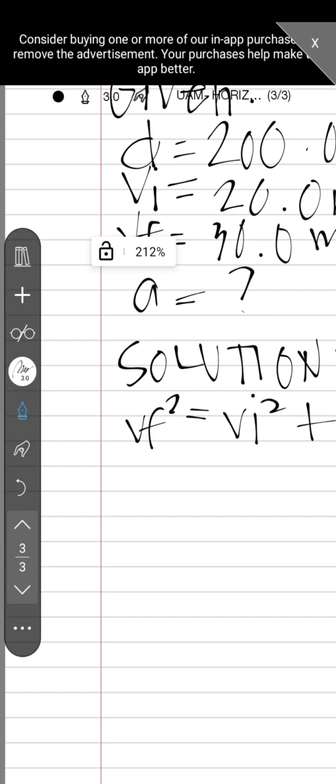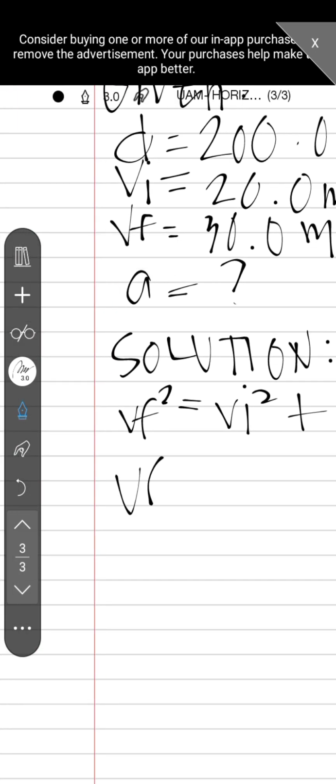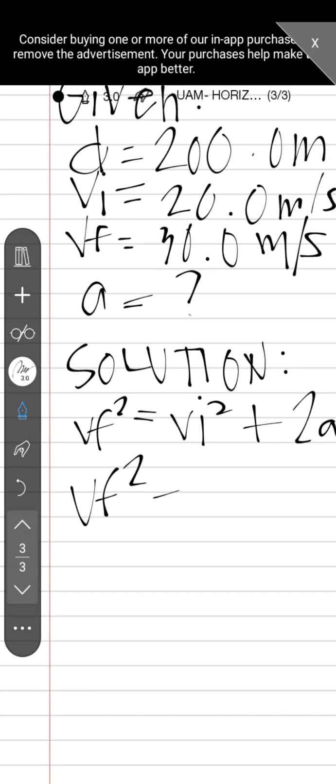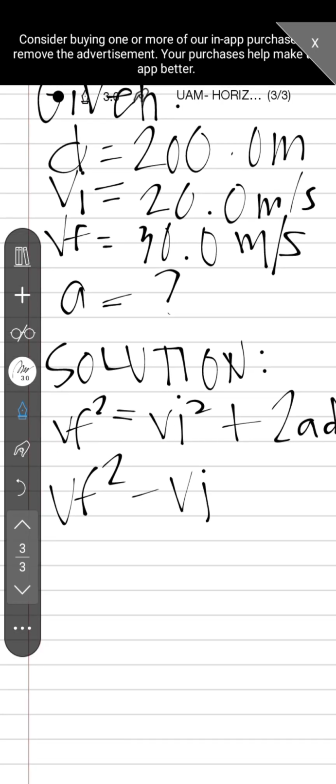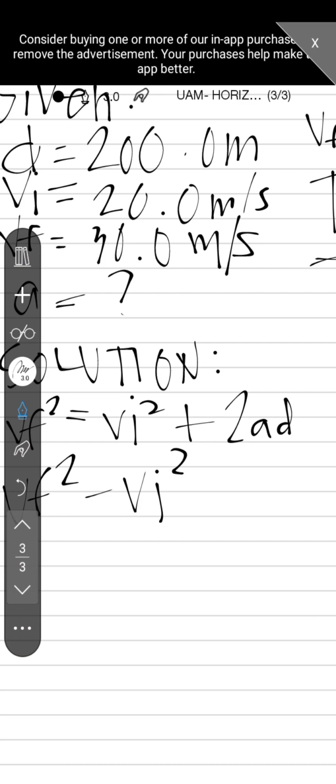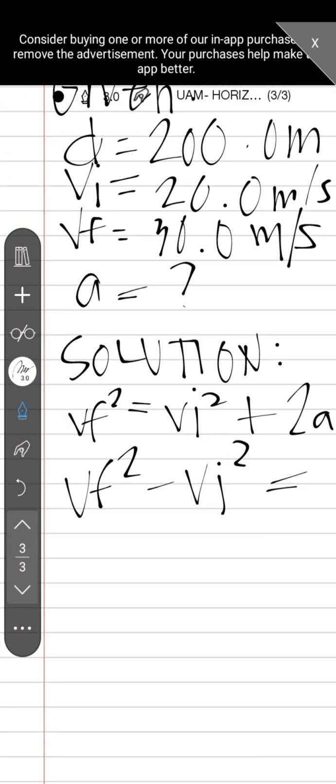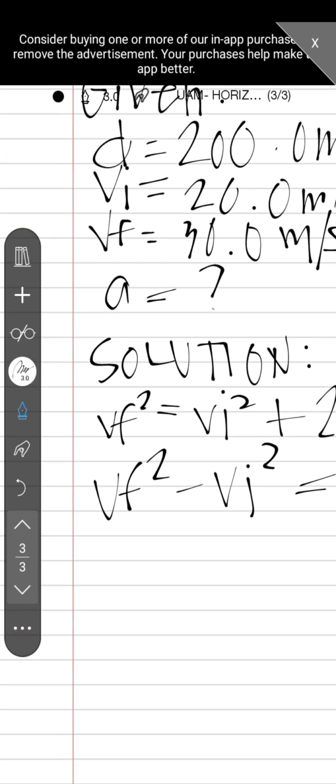So as I have mentioned earlier, we're gonna make use of something called transposition, which is simply combining values that are the same. Like the first one, here we are combining like terms. Vf and Vi are both velocities, so we're gonna transpose